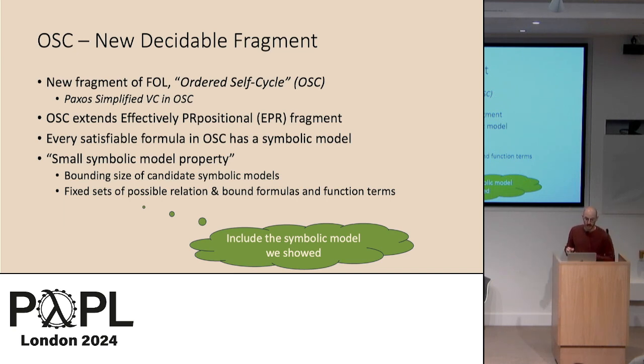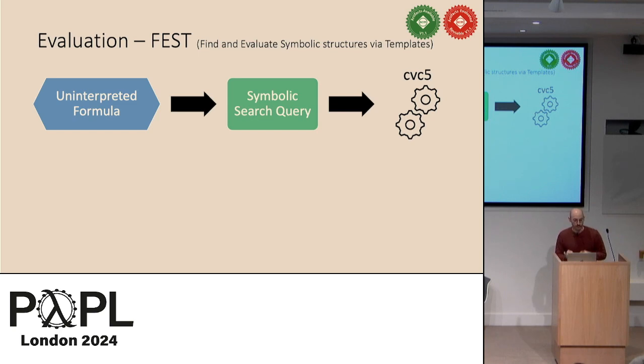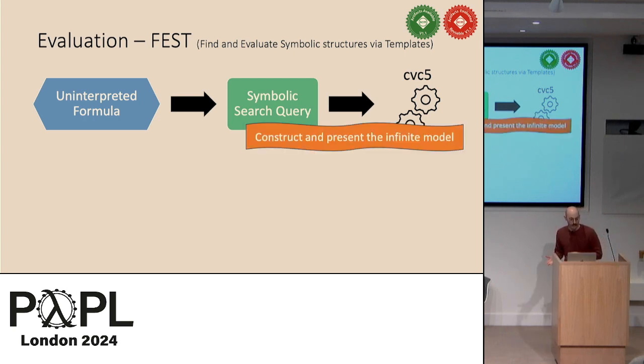check. Great. Next, to evaluate the applicability of symbolic models, we developed a tool called FAST, which stands for Find and Evaluate Symbolic Structures via Templates. And FAST translates a formula into a symbolic search query, so into a LIA query, and hands it off to an off-the-shelf SMT solver, CVC5. And if the formula is satisfiable, FAST will construct and present to the user the infinite